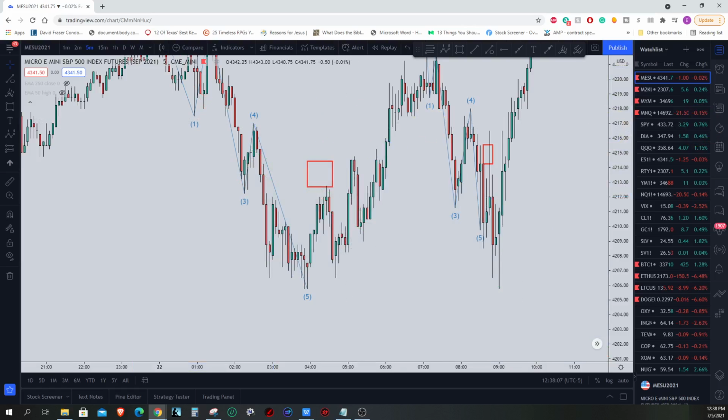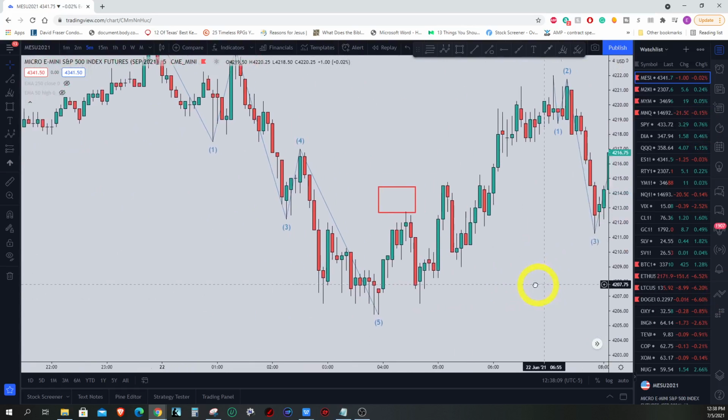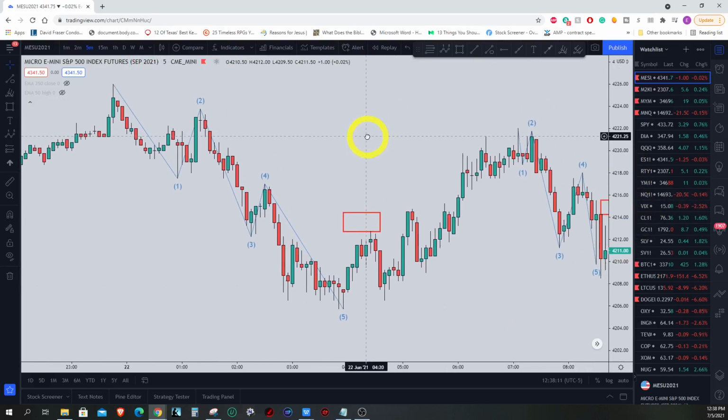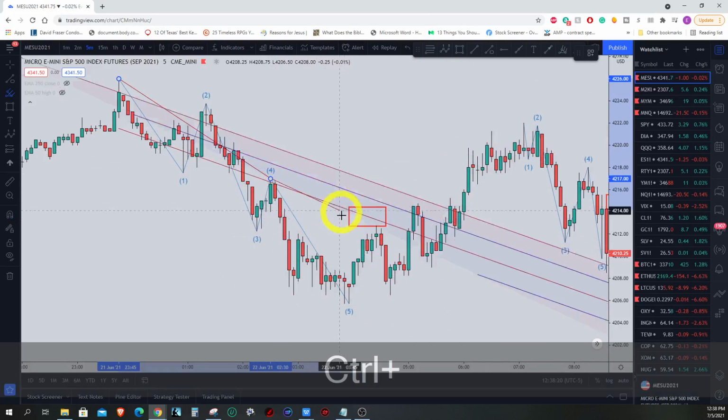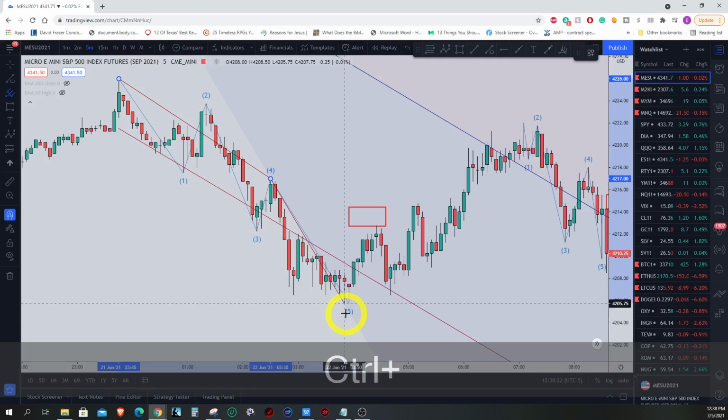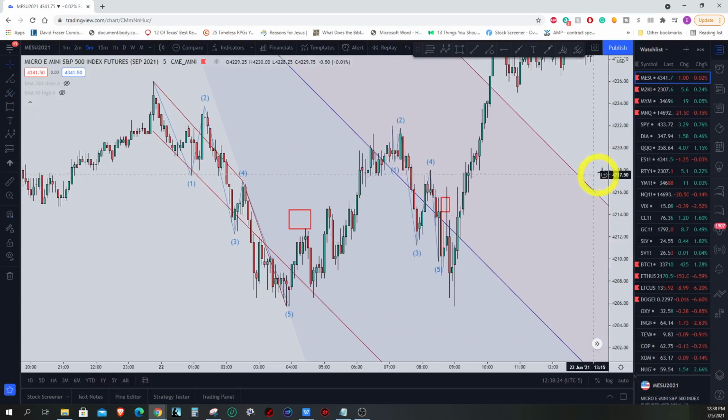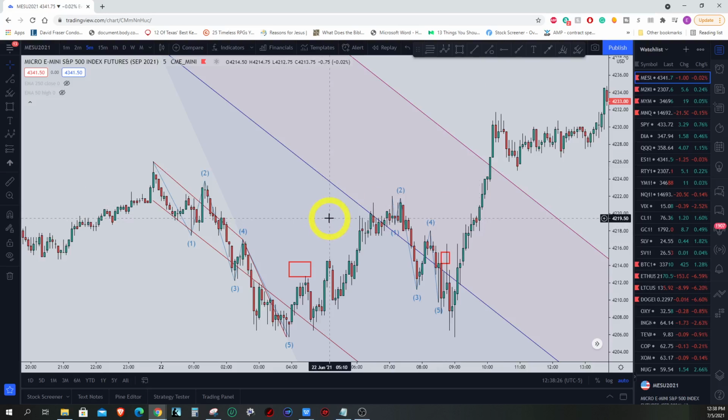Now, one that I haven't done yet, but this is one I've been looking at all weekend basically, is using the Schiff Pitchfork. You take the 0 point, the 4 point, and then the 5th point right there. And then, see how weird this looks. So then what you do is when price breaks the blue level right there,